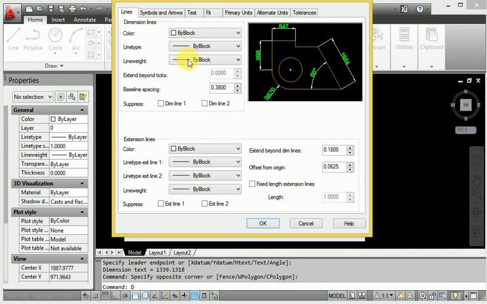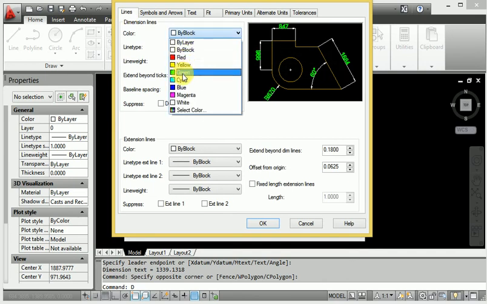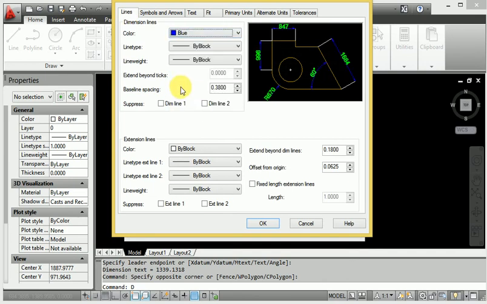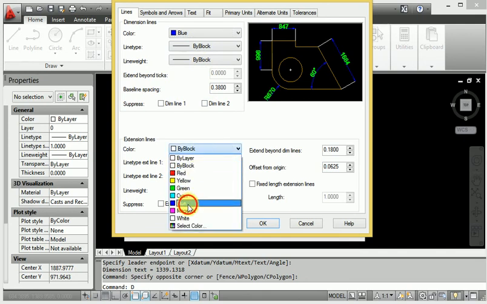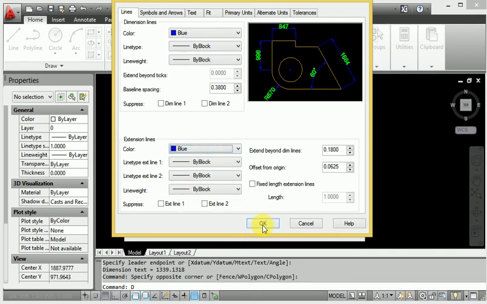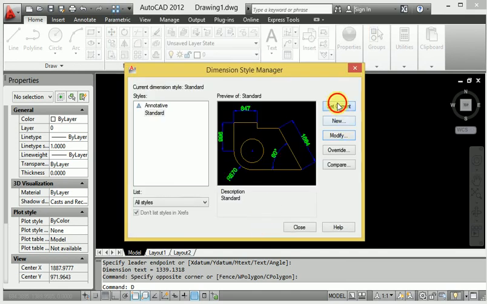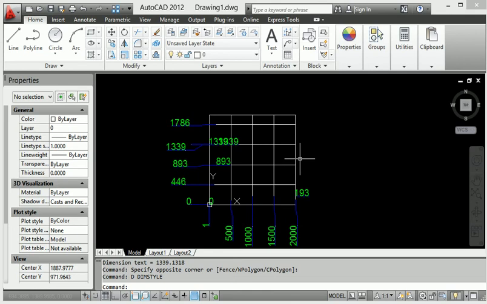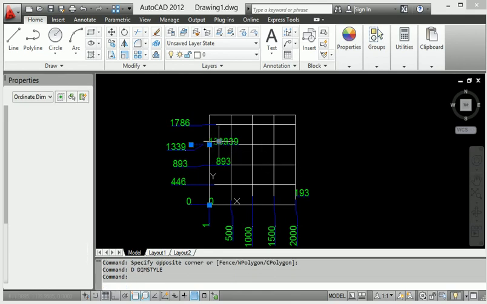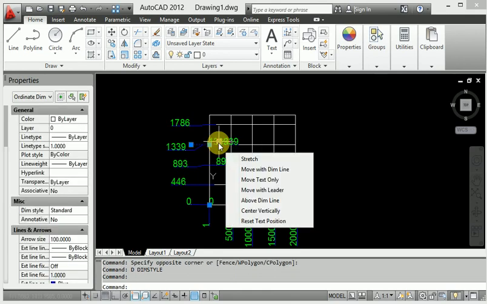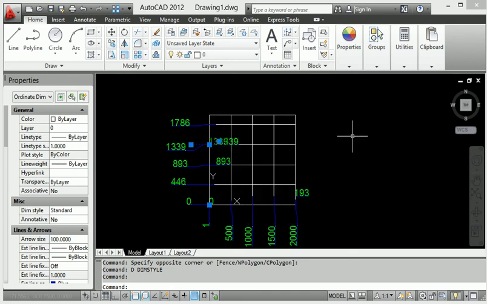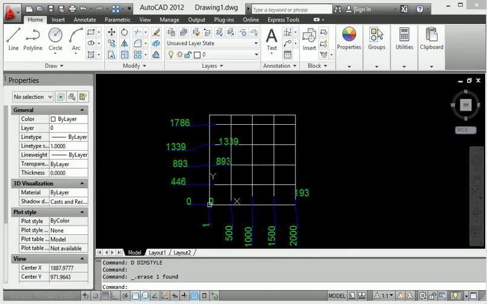The line color we provide is a particular color. Then OK, set current and close. Show you the dimension here. It is useful for every dimension, and this is called the ordinate dimension.